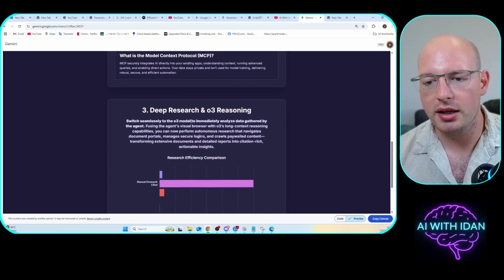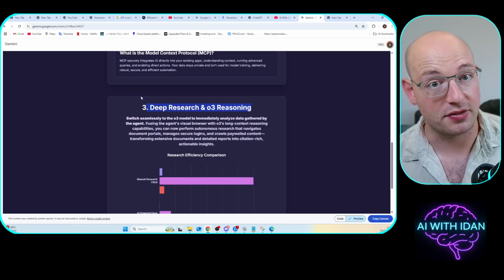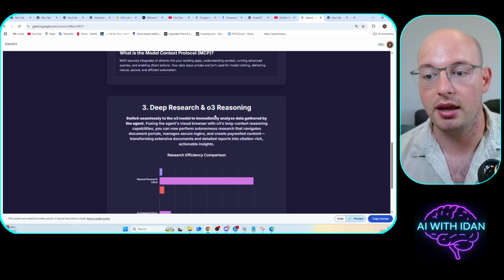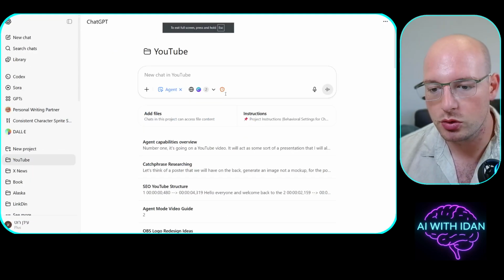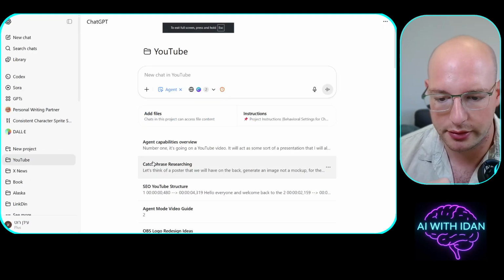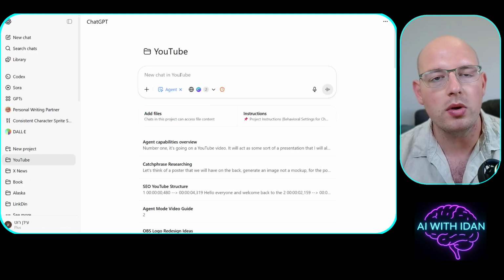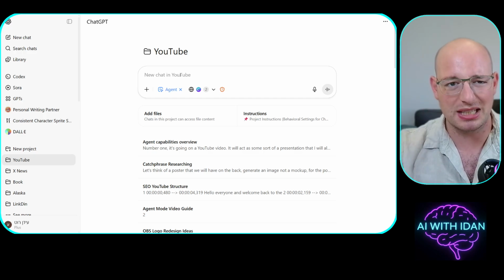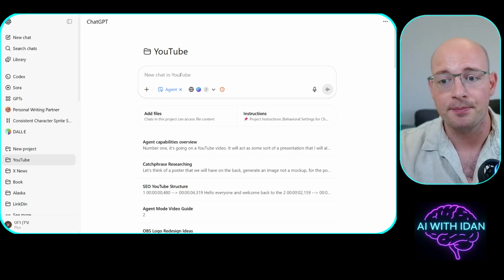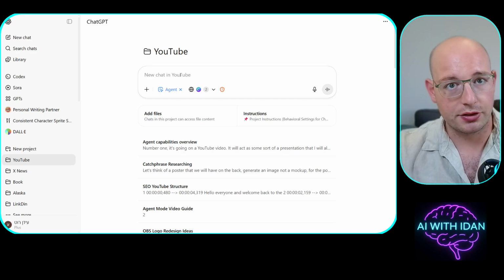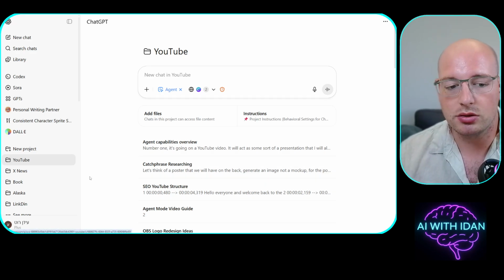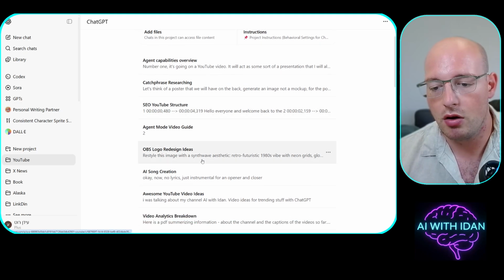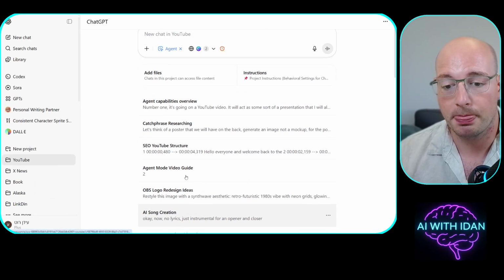Amazing. The third one, it says deep research. It should have said agent deep research and then O3 reasoning. What do I mean by that? If we go to chat, and let's not go to the project right now, although we can take it a step further and then integrate everything: agent, connectors, a project, and then ask the agent to go on a run. Go find me some